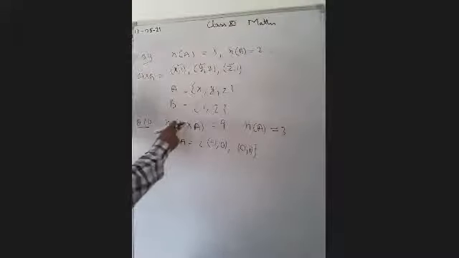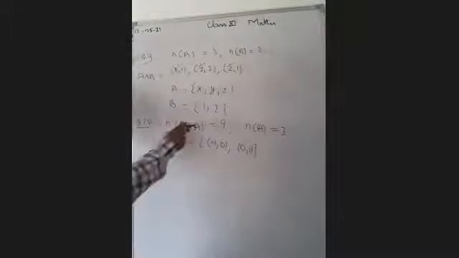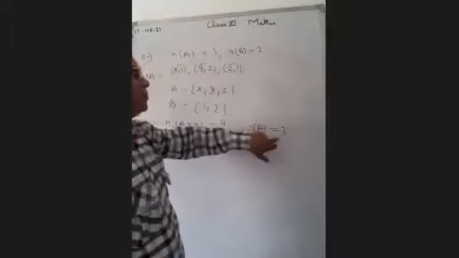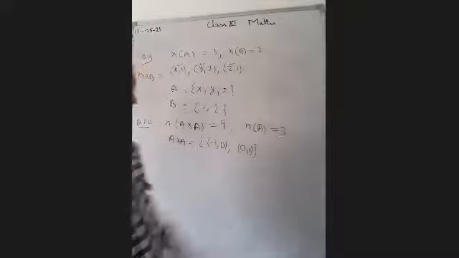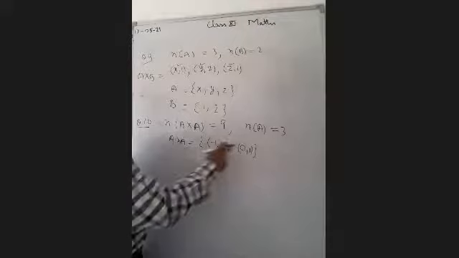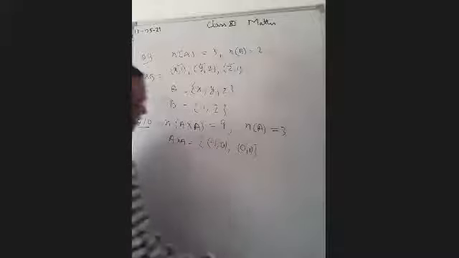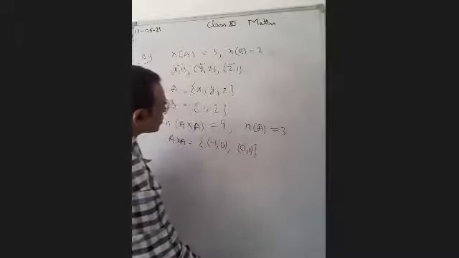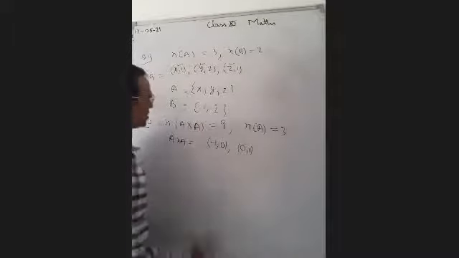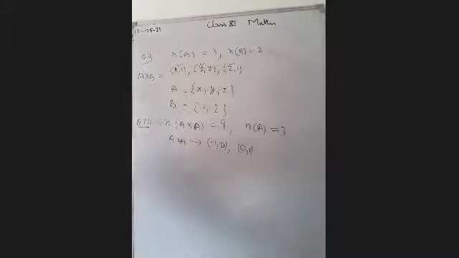The number of elements of set A into the number of elements of set A, the product of both should be equal to 9. It is possible only if we take the number of elements of set A equal to 3. So they have given you A cross A. This is not the complete A cross A. These are just some elements. It is not the complete set A cross A. Just I am not writing equal, I am writing the arrow symbol.